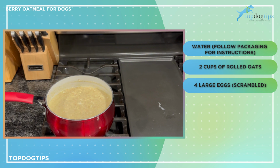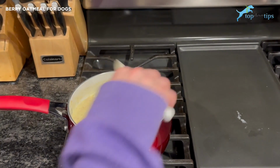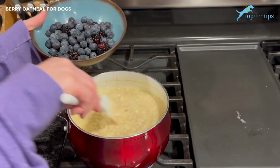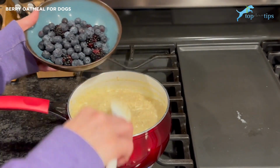Once those are cooked, you can add your berries. I have 2.5 cups of berries to add to this oatmeal. You can certainly use any kind of dog-friendly berries that you'd like. I chose blueberries and blackberries. So I have 1.25 cup of blueberries and 1.25 cup of blackberries, and you just dump them in the hot